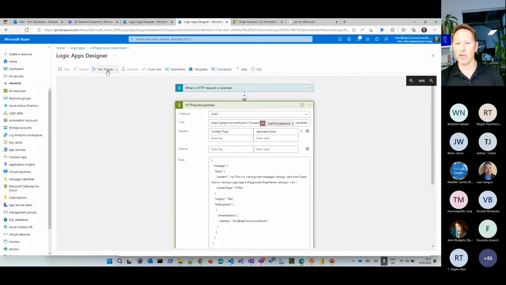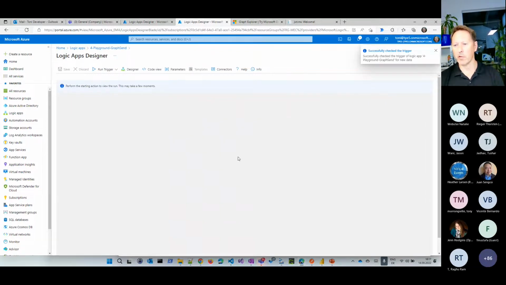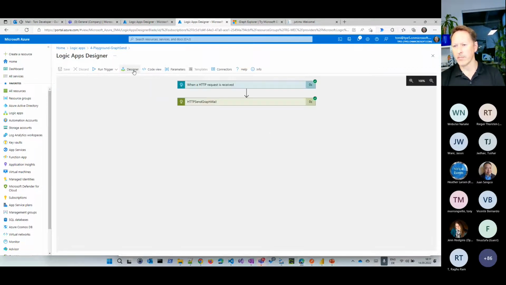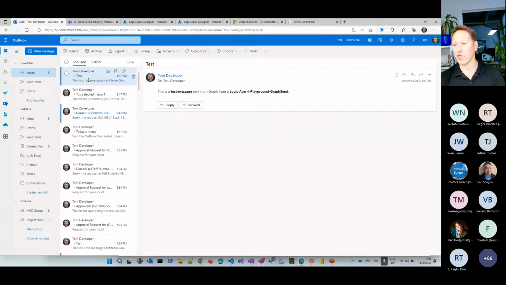So if I run this trigger here, we should see that this simple business process, in that case, that logic app here, is running. And what's happening, I'm sending an email, in that case, to myself. So it should be in here. So that's the email address I'm using here, Toni TPE5 something. And you can see I have Outlook open here. So this is the email I just sent from that logic app. And the authorization here was done with an application and the secret just as I created it.